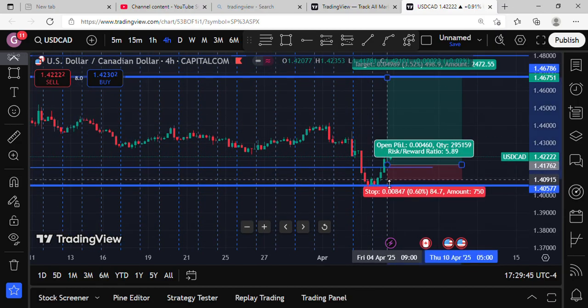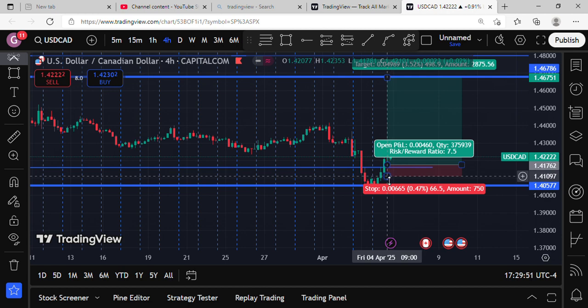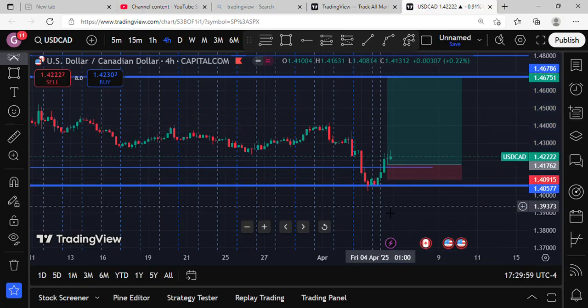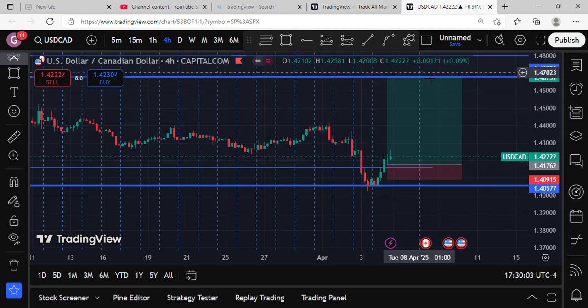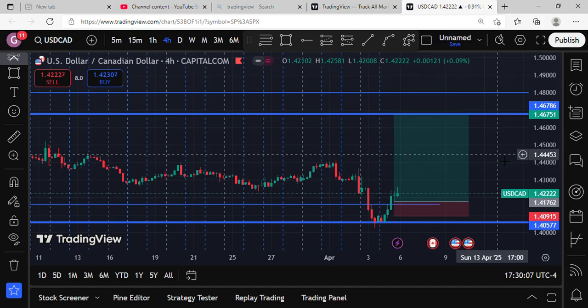Okay, and then let me put my stop below, just down a bit here. This is good, yeah, this is better. So here, and then we move up into the next resistance level. So that's the trade idea on